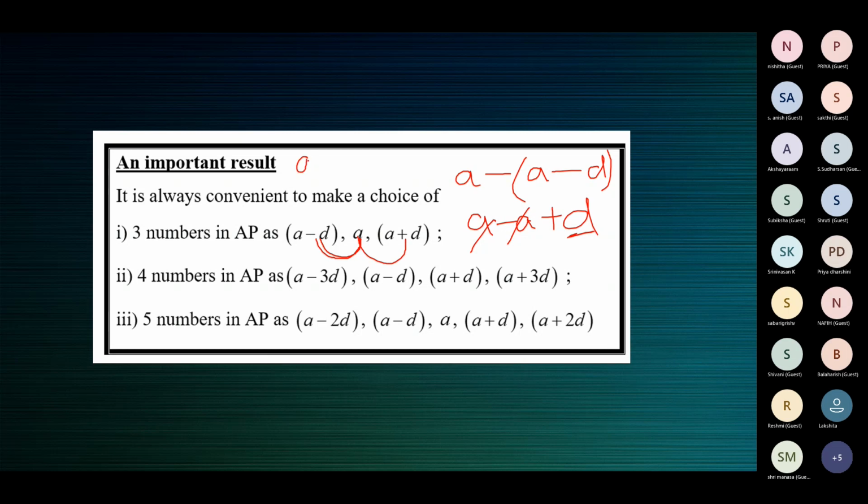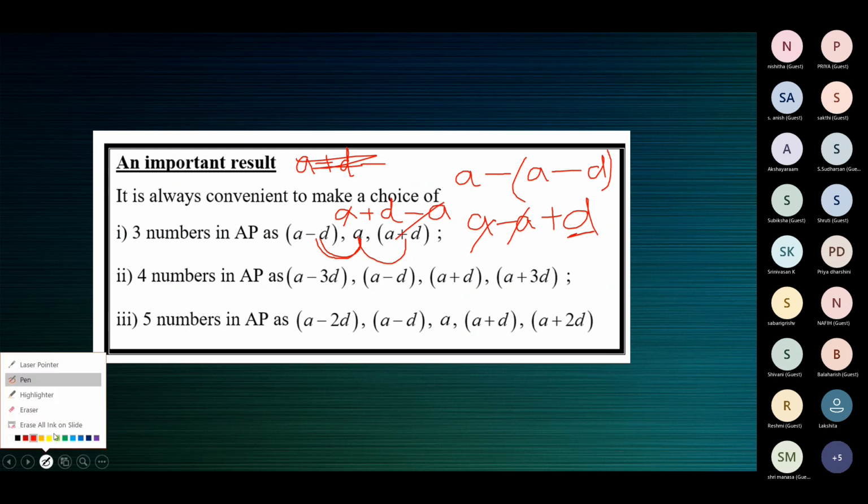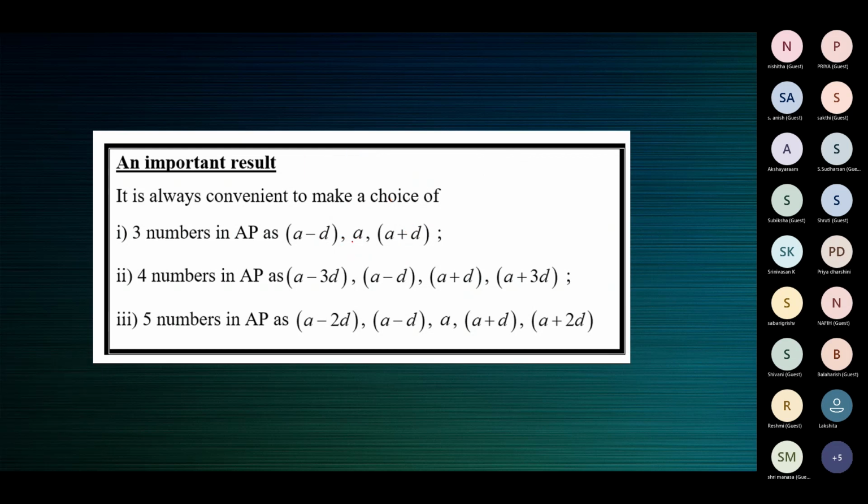So this is a term, and this is its preceding term. Oh, sorry, I shouldn't have written this now. Leave this. This one, A plus D, is a term, and this is its preceding term. The difference is D. So there is that common difference factor here. The difference is common, it's D in both the cases. This minus this is D, and this minus this is also D. So these three numbers are in AP.